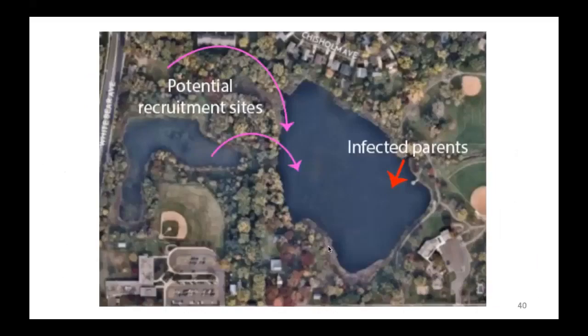And the reason why we're interested in that is because carp have a source-sink method of recruitment. So this isn't a lake that actually has KHB in it. It's just a lake near my house. But if this lake had KHB in it, the adults would be hanging out in the main lake, using it as a feeding ground, kind of a staging ground. And then in the spring, they would move to potential recruitment sites.